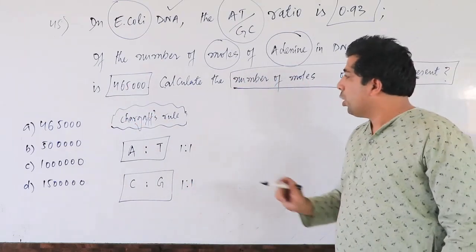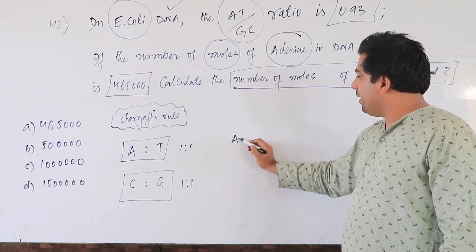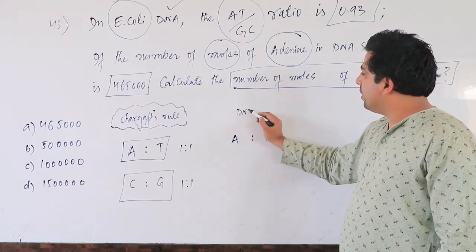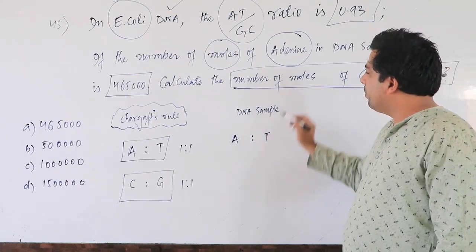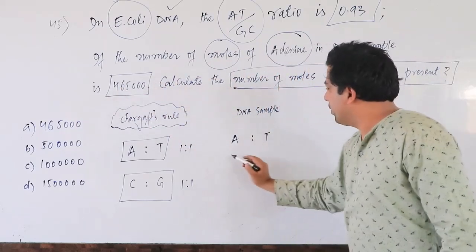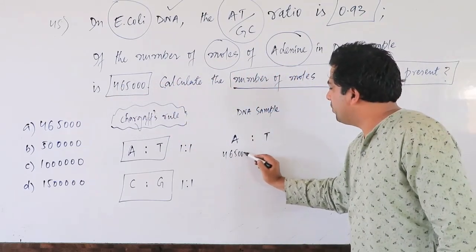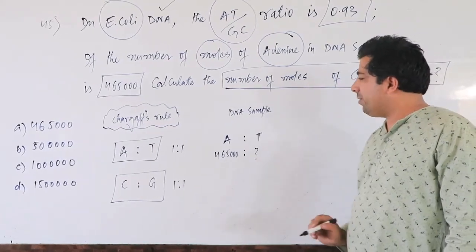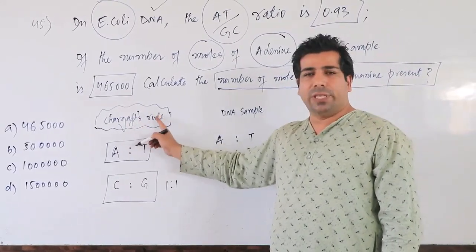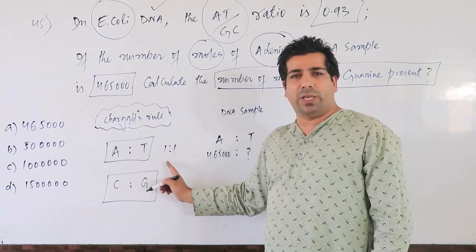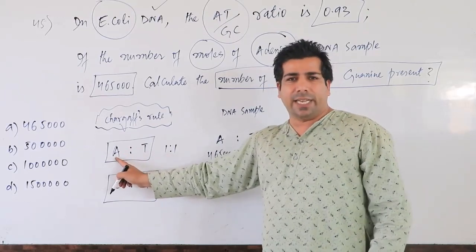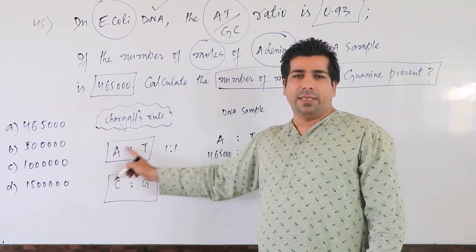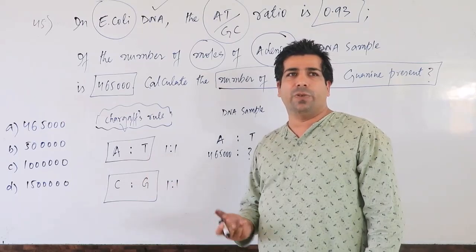It's your choice. So now, my dear friends, we know adenine. Okay? Adenine is how much in a DNA sample? In a DNA sample, our adenine is, have a look here, 4,65,000. So this much adenine I have. Then how much thymine will I have? Because we know according to Chargaff's rule, the ratio between adenine and thymine should be 1:1. If adenine is 10, the thymine should also be 10, then the ratio will be 1:1. If adenine is 1 lakh, the thymine should also be 1 lakh, then only the ratio will be 1:1.